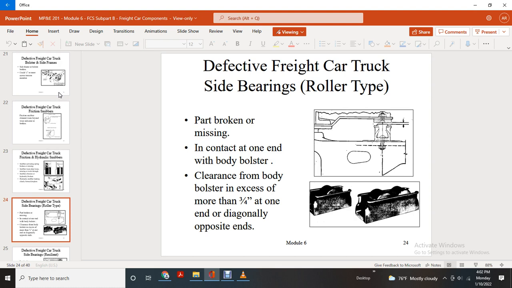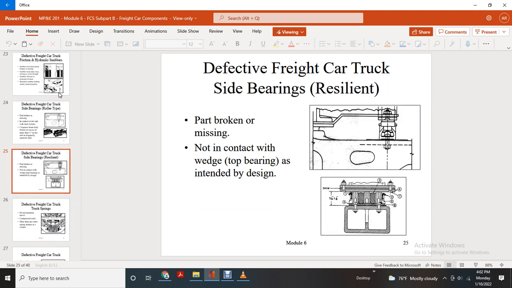Defective freight car, truck, side bearing roller type, part broken or missing in contact one end with the body bolster, clearance from the body bolster, except more than 3/4 inch on one end diagonally opposite the ends. Defective freight car, side bearings resilient, part broken or missing, not in contact with wedge top bearing as intended by